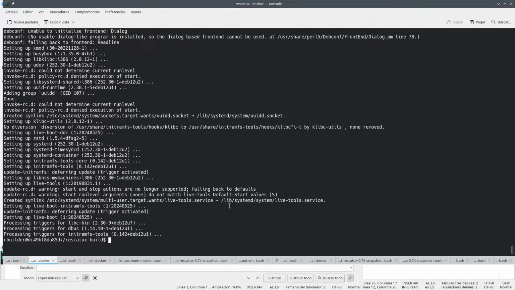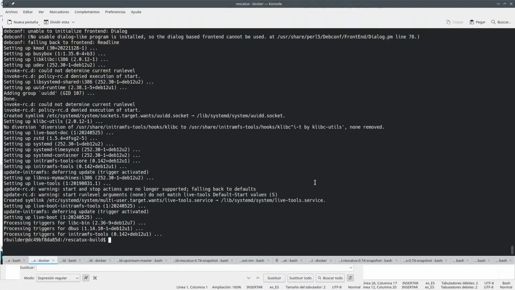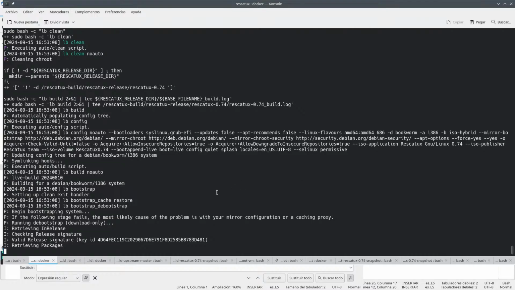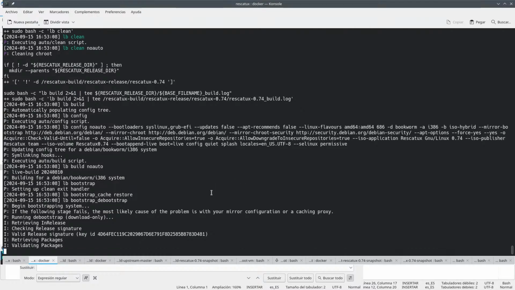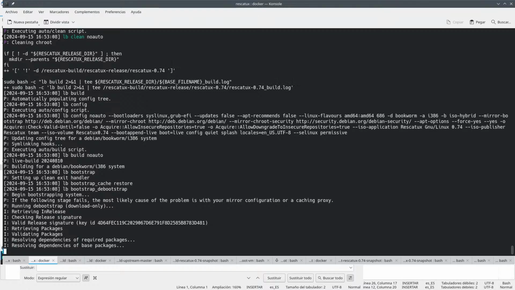Yeah, I mean, so now we have managed to install all of this, and now we can just make Rescatux and it should work as always, because I don't think we have broken anything else. So let's just keep building everything here, and yeah, that's what's going to be. So now